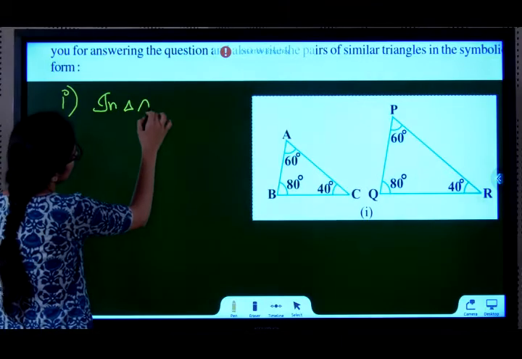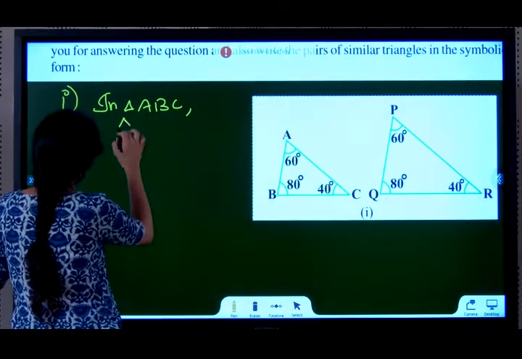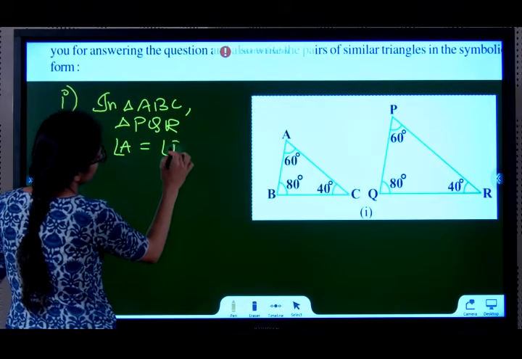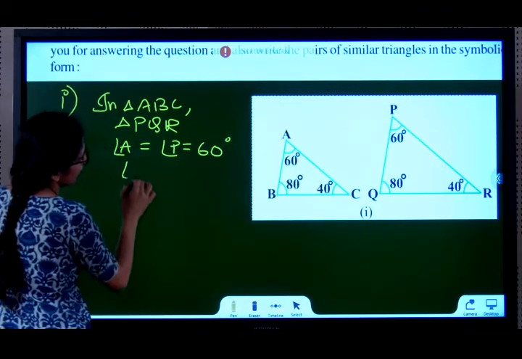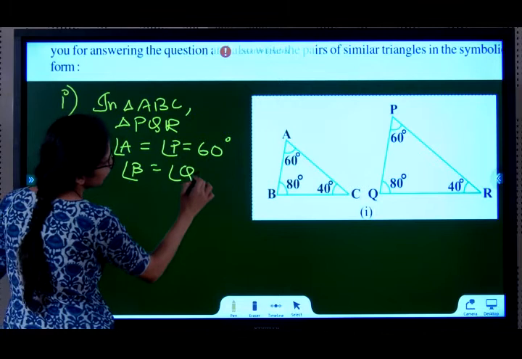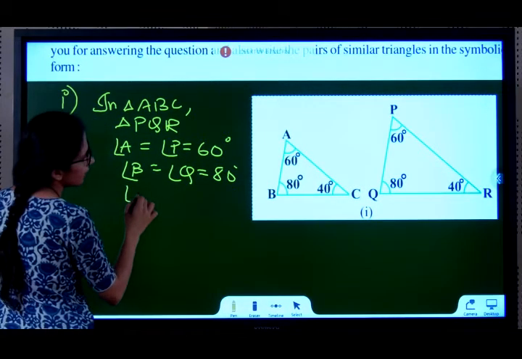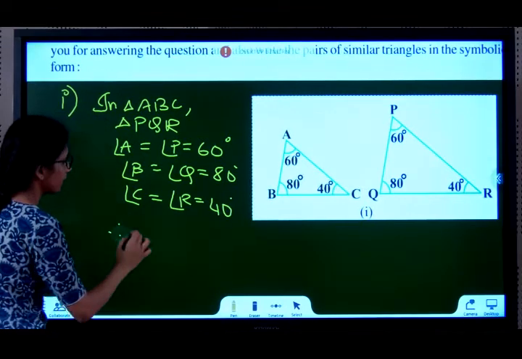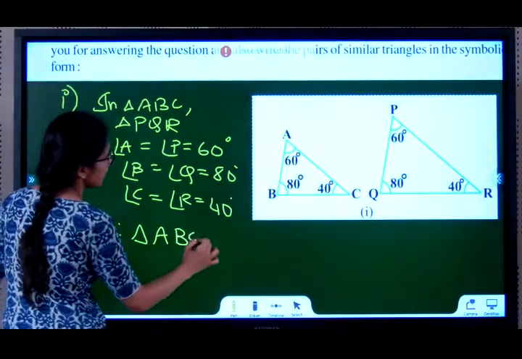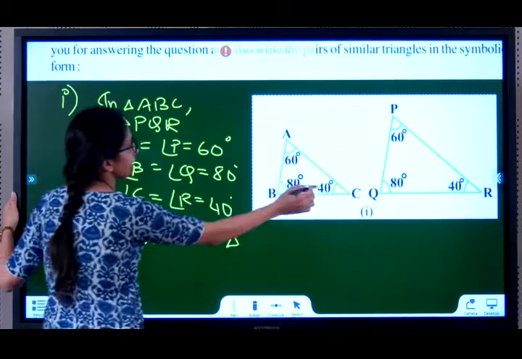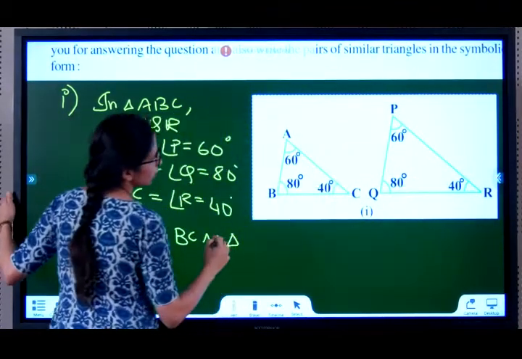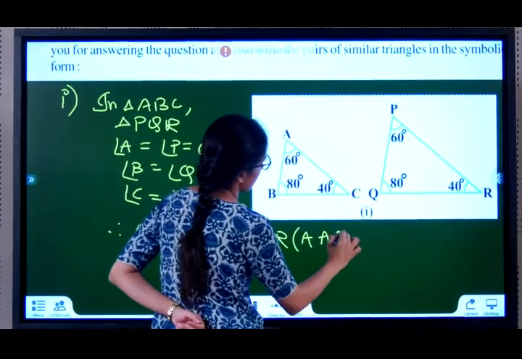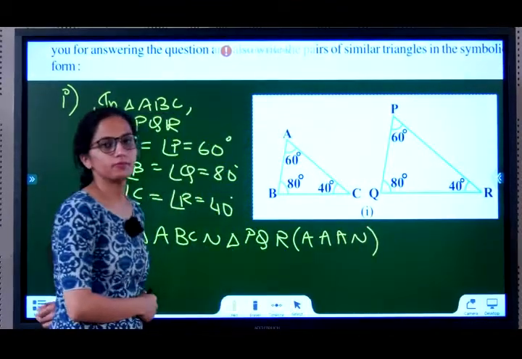In triangle ABC and triangle PQR, angle A is equal to angle P equal to 60 degree, angle B is equal to angle Q is equal to 80 degree, angle C is equal to angle R equal to 40 degree. I can therefore say triangle ABC is similar to triangle 60, 80, 40, 60, 80, 40. So that is PQR. Criteria being AAA similarity criteria. Second part,